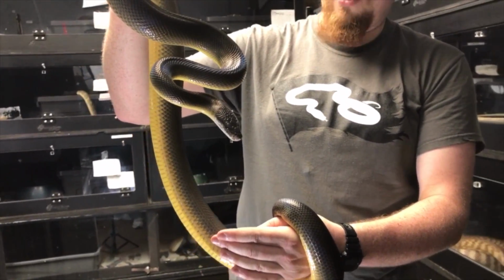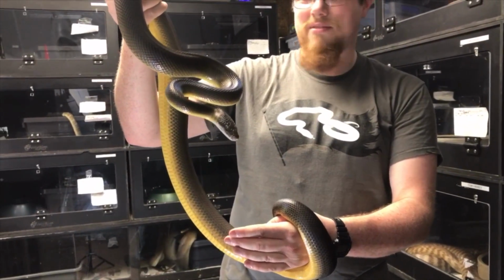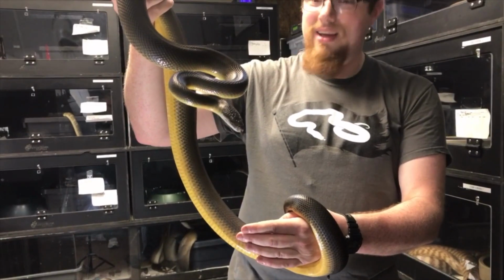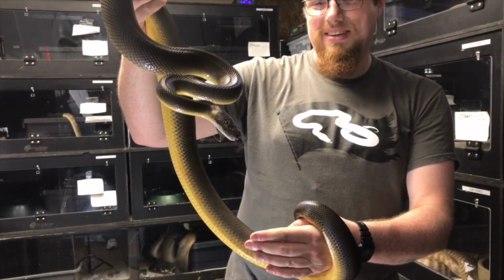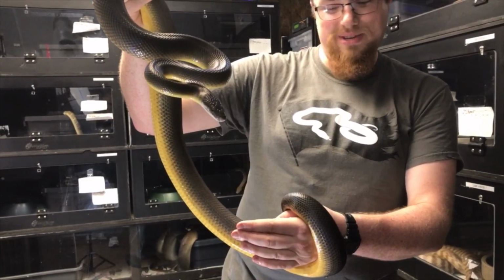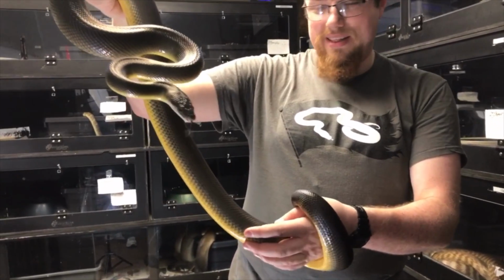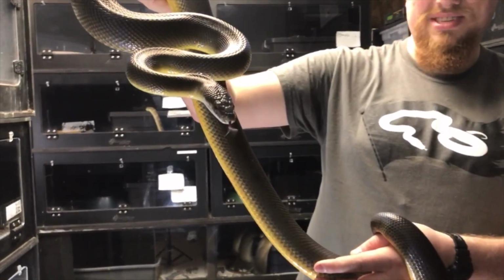So yeah, this is a water python. Again, most people don't really want to deal with this because it's not even a morph. It's just a brown snake with an orange belly. Hooray! But I think it's cool, and also it's because people don't really want to give it its due is why I think I want it. I'll be the first one to hope to God that I get eggs out of these things, even if it's just to have a bunch of...